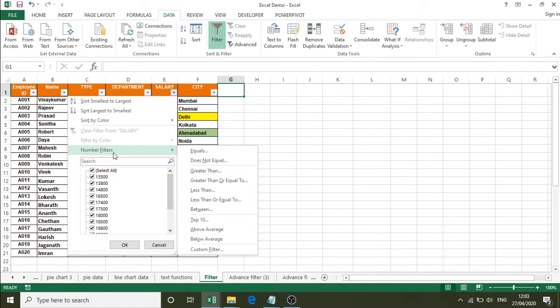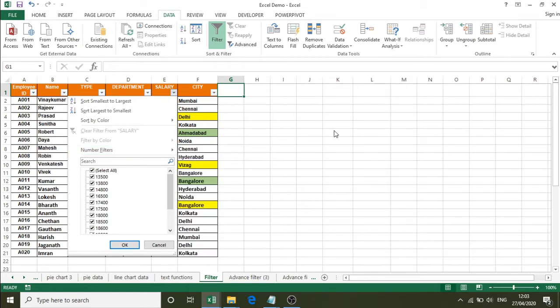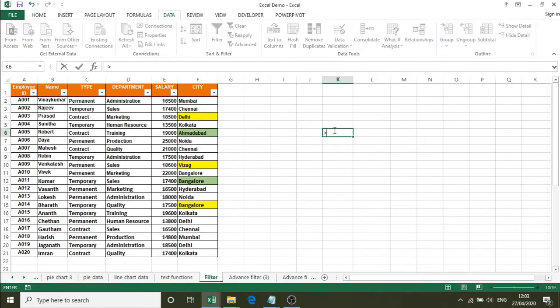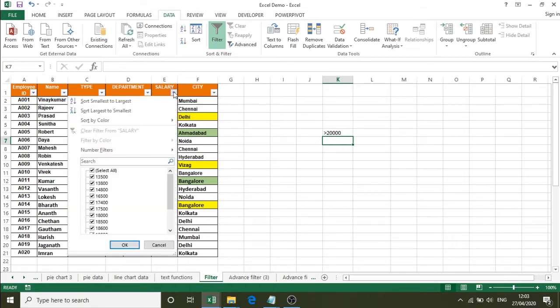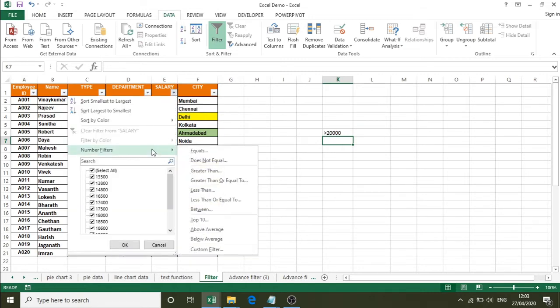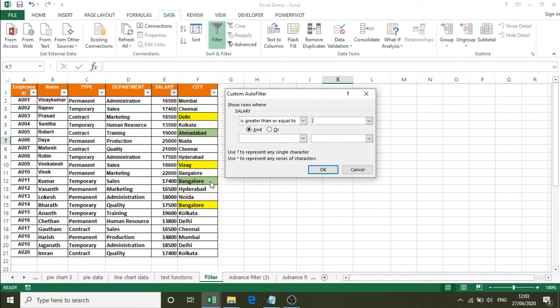Say for example, I want to obtain the records of employees getting salary greater than 20,000. So, I will apply the criteria. First, I will click on the salary filter button, number filter, greater than or equal to, then provide 20,000 in this box.